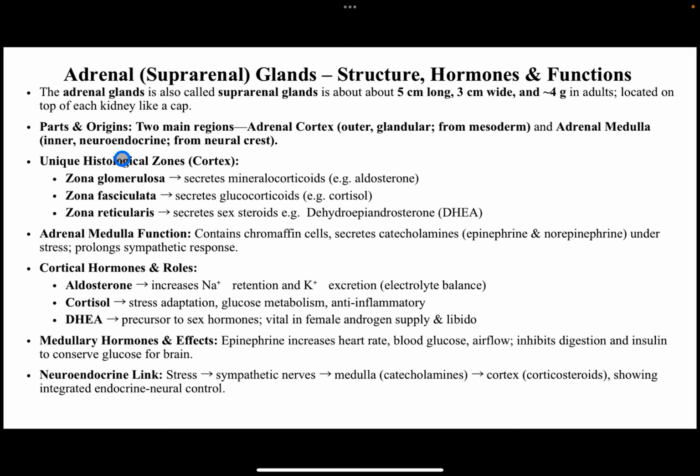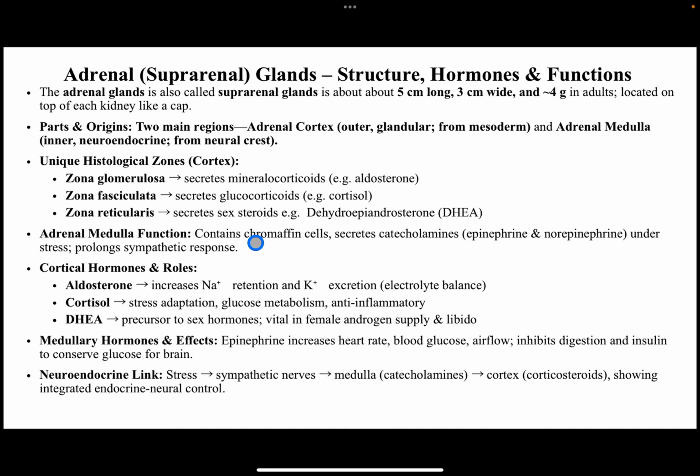So in summary, the adrenal gland has two main anatomical zones: the adrenal cortex and the adrenal medulla. The adrenal cortex is also in three zones: the zona glomerulosa, the zona fasciculata, and the zona reticularis. The zona glomerulosa secretes the mineralocorticoids or aldosterone. The zona fasciculata secretes glucocorticoids or cortisol. And the zona reticularis secretes the steroid